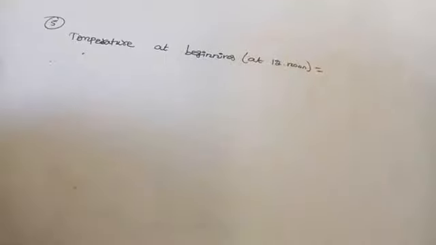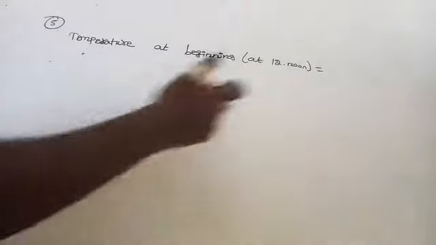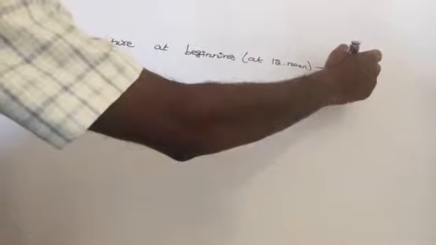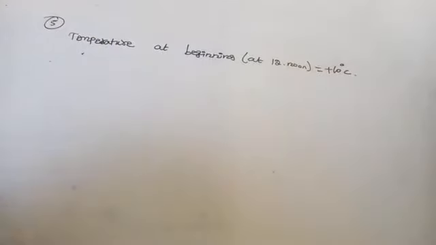It's given as above 10 degrees Celsius or below 10 degrees Celsius. The temperature at 12 noon was above 10 degrees Celsius, so it will be plus 10 degrees Celsius. Then after that, it decreases at the rate of 2 degrees Celsius per hour until midnight. And at what time would the temperature be 8 degrees Celsius below 0? That means by what time the temperature will be minus 8 degrees Celsius. Am I right here? Yes.